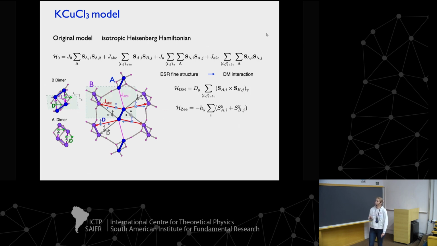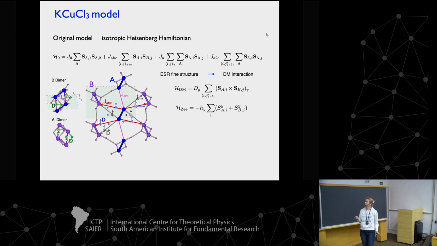Right, so to keep our sanity, we try to do a systematic analysis, and we first forget about the very unimportant anisotropies. Because from the symmetries we know that the B axis is the important axis, we keep the B component of the Dzyaloshinskii-Moriya interaction, and we set the magnetic field in the B direction, and forget about everything else in the first step.